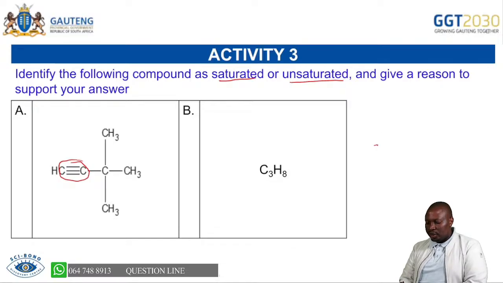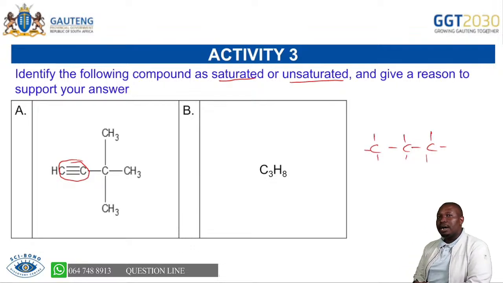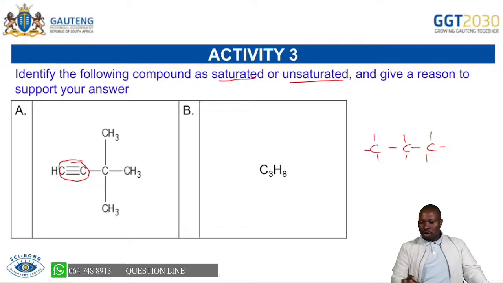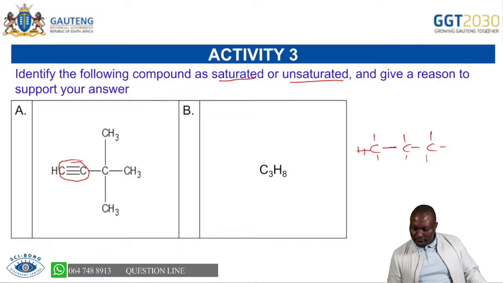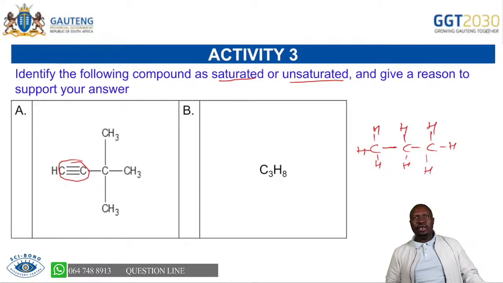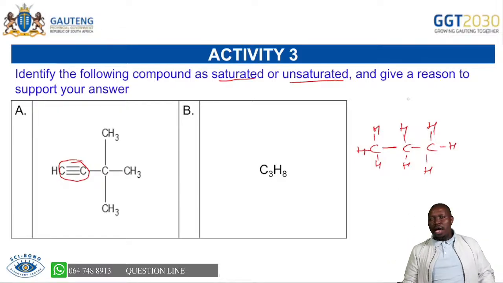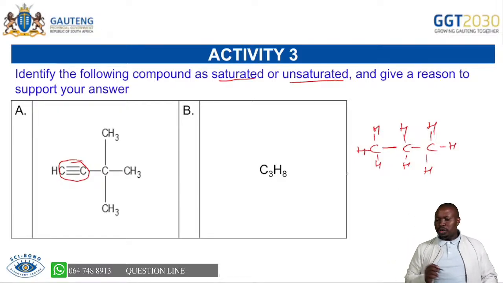It's good to first draw, because we are given 3 carbons, draw 3 carbons. We said around each carbon there must be 4 bonds. So count all the bonds around the carbon. If they are not 4, make them 4. So if you check here, you'll have 4 bonds around each carbon atom, and then 8 hydrogens. You're able to say 1, 2, 3, 4, 5, 6, 7, 8 hydrogens. Then you see that, oh, this is saturated, it has no multiple bonds between carbon atoms.